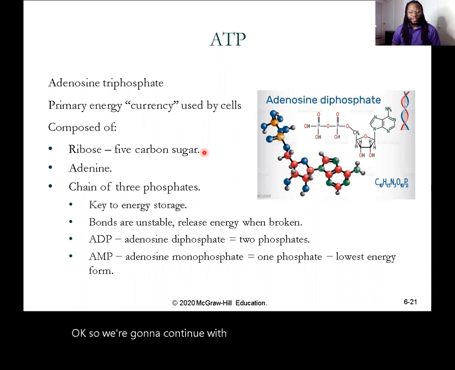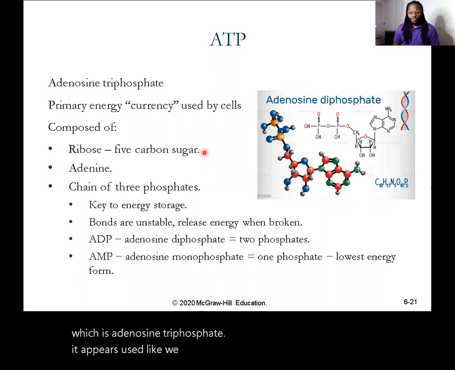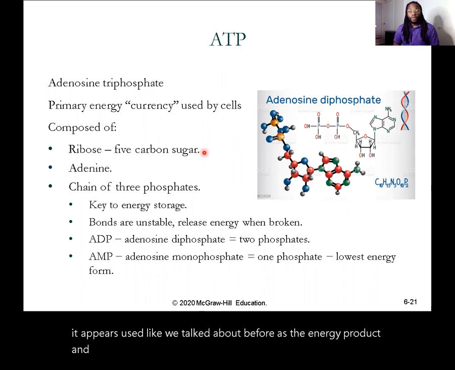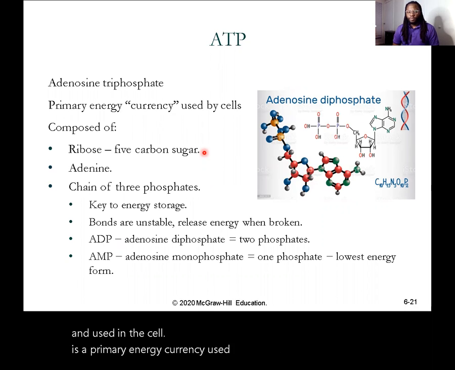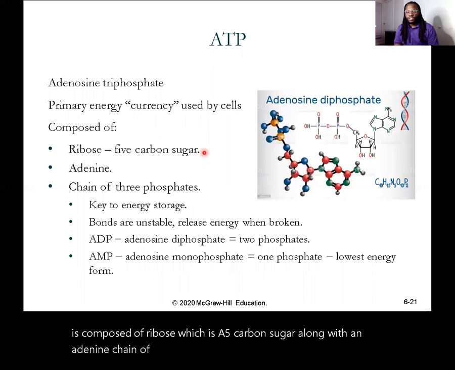Okay, so we're going to continue with our understanding of ATP, which is adenosine triphosphate. ATP is used, like we talked about before, as the energy product in the cell. It's a primary energy currency used by all cells, and it is composed of ribose, which is a 5-carbon sugar, along with adenine and a chain of 3 phosphates, which is the key to energy storage, bonds that are